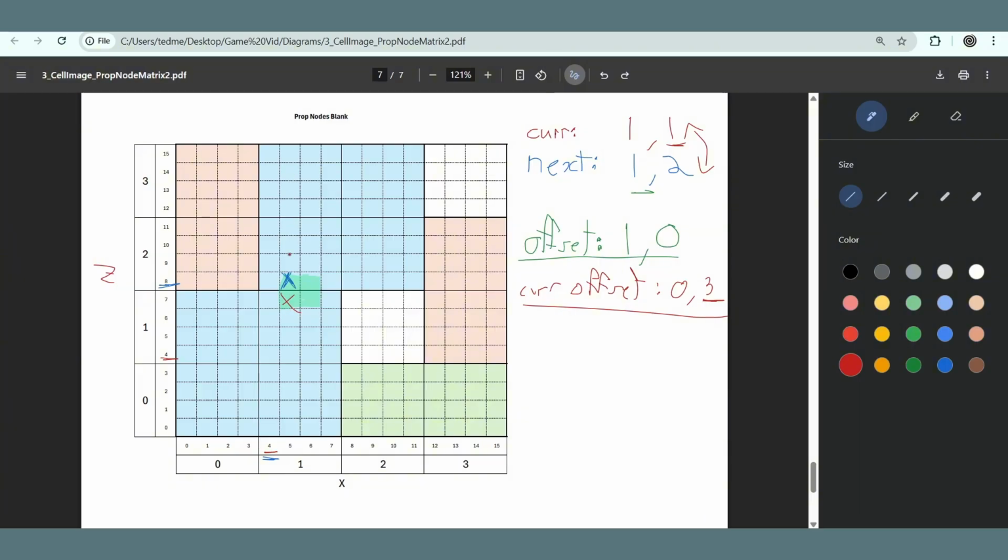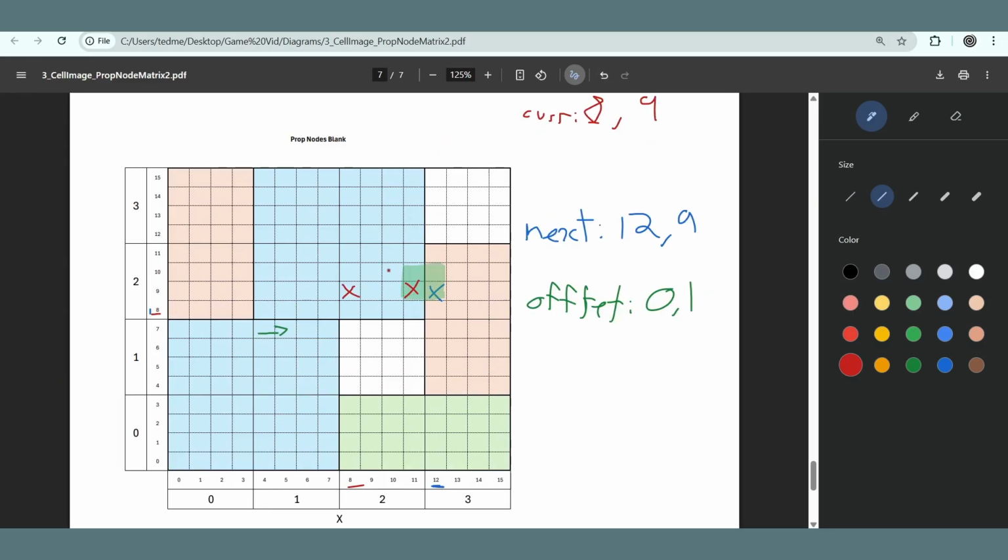So we want them to be aligned in the direction that the entrance is going, to the left or to the bottom. But because we actually don't know if the next one is in the correct position or if the current one is in the correct position, we compare the x value, because we're moving along the x-axis, to see whichever one is smaller, and here, because the 8 is smaller than 12,